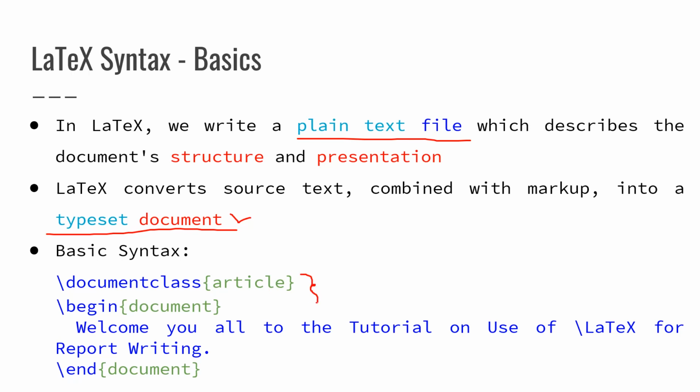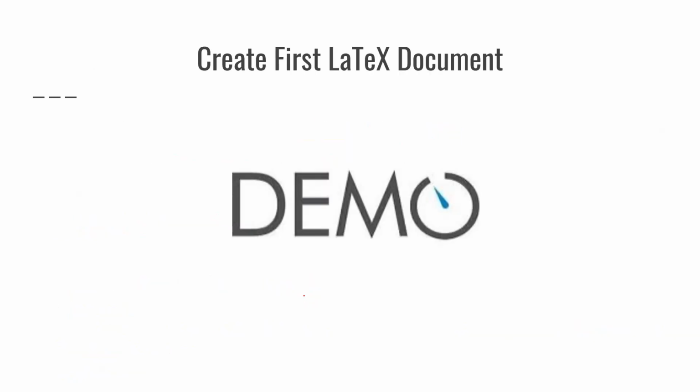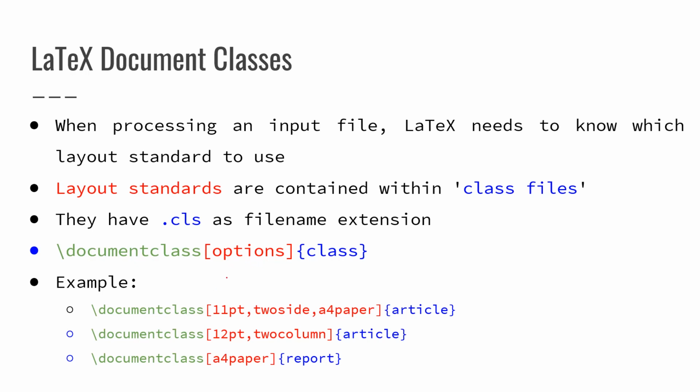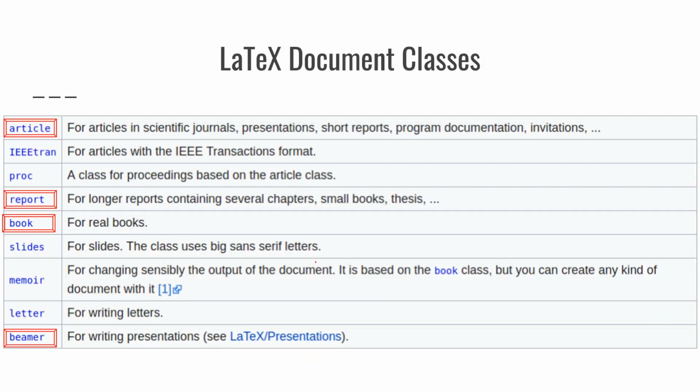Whatever you write between document class and begin is referred to as preamble. We had seen a few of the options in the document class, like A4 paper. We can also use two column as a keyword so that it will automatically convert into a two columnar output. So the general form of document class is document class, options, and the class name. These are the built-in document classes available to all LaTeX documents.